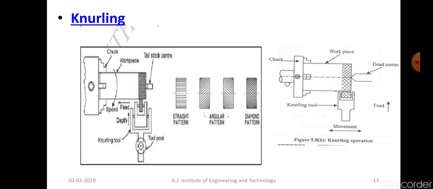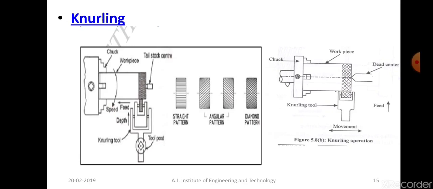The impression of the tool will fall on the workpiece, and it will get that particular impression. This is not an operation where you remove a lot of material. This is a method where you create an embossing or a surface of a particular texture on the workpiece. Why is this being done? What is the necessity of giving this texture on the surface? It is basically for gripping purposes.